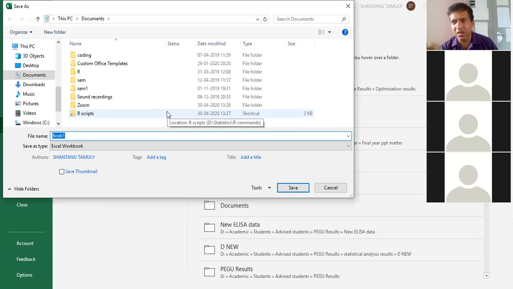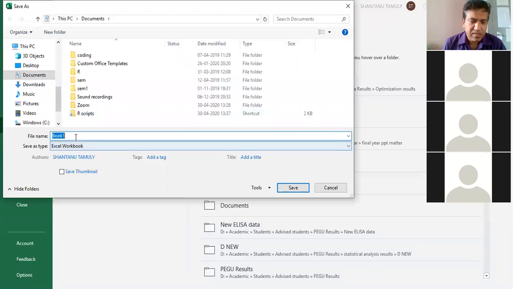But generally nowadays, this "My Documents" is not there; it is only called Documents. I have to go to the Documents folder and there I'll name it ABT 702.